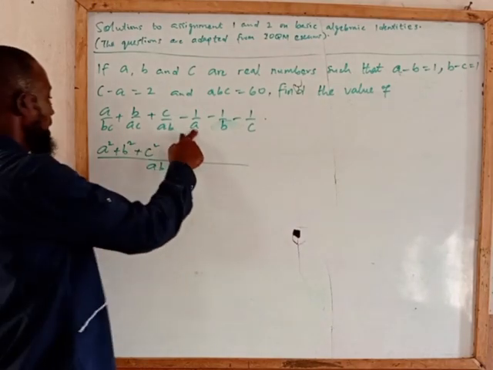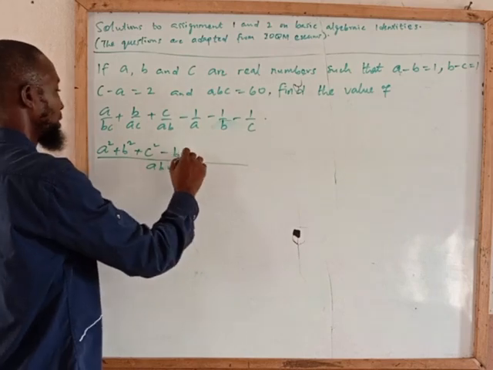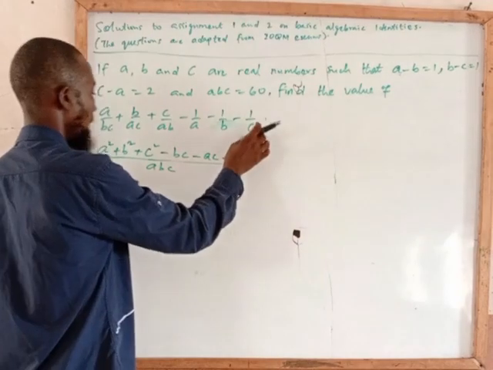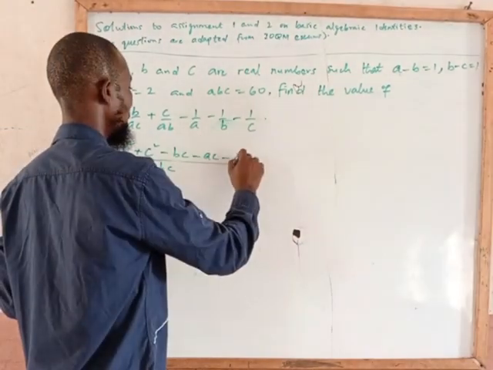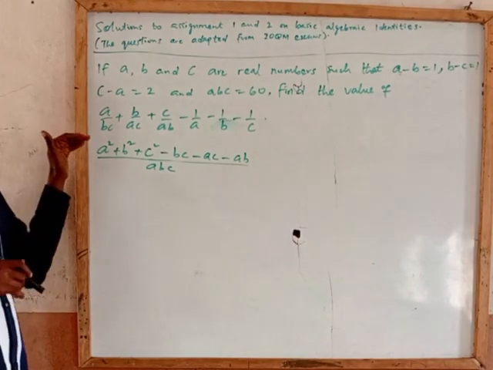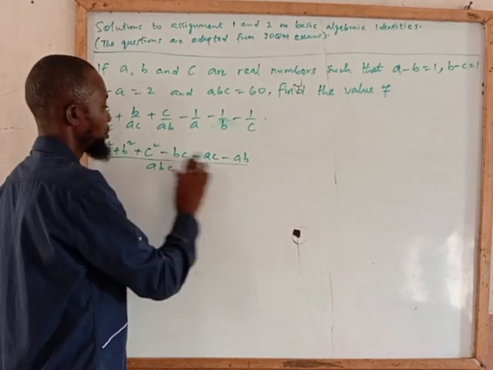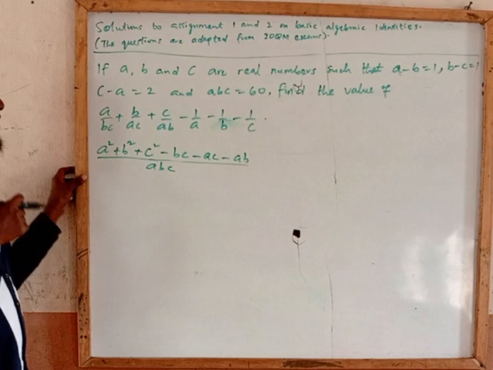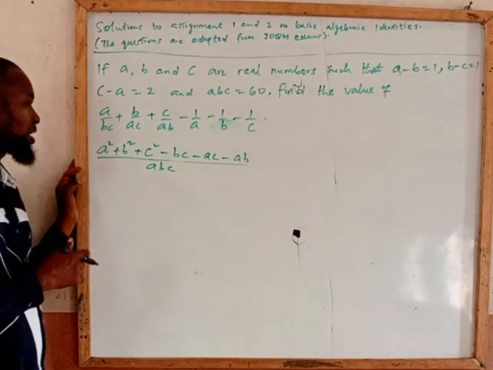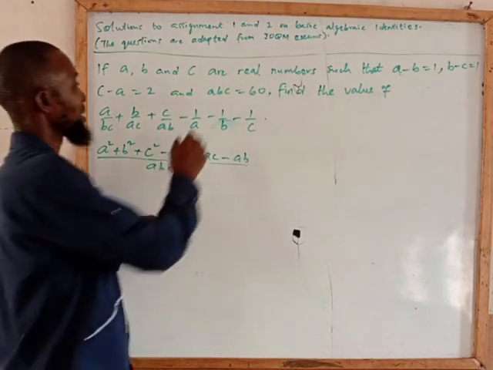Now A in ABC gives BC, BC times 1, that is BC. B in ABC gives AC times 1, that is AC. And C in ABC gives AB times 1, that is AB. So we can see that when this is combined, it gives something meaningful. Reason being that when we observe what we have in the numerator here, it is a known identity, if we can recall. Also, when we consider the denominator, I can simply say ABC is already given